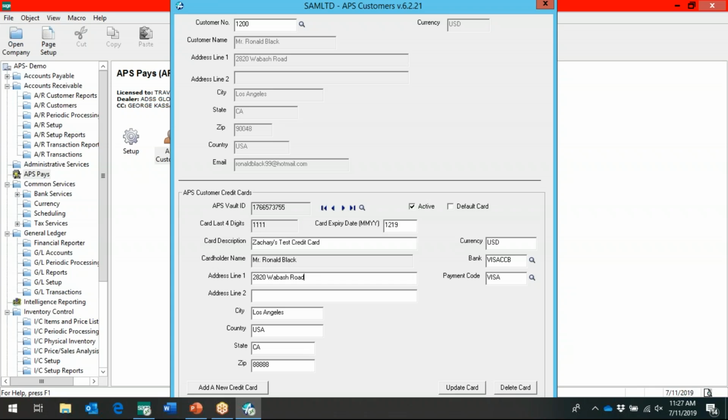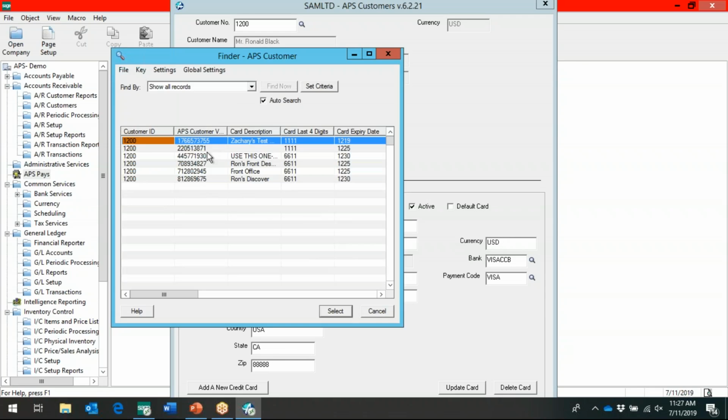There's certain things here that you can change as an end user. For example, address, city, country, a zip code, if you'd like, postal code. And again, we can process in multi-currency, so Canada and US. Now if we click on this magnifier here, what you can see is that we actually have 5 additional credit cards on file for Ronald. So this just allows you as the end user to easily switch between credit cards for any given transaction. Let's say they have a number of personal cards on file or corporate cards on file for any given reason. Now, you can have an unlimited number of credit cards on file for any given customer. Okay?